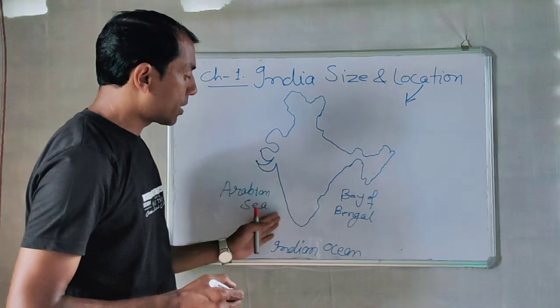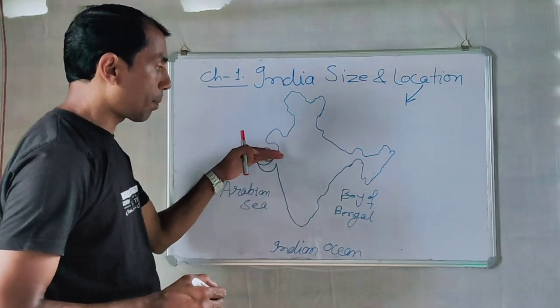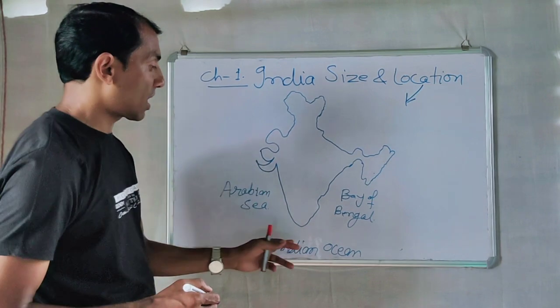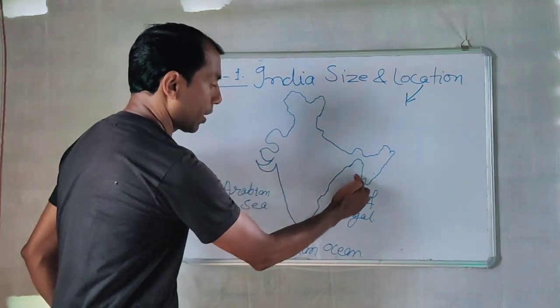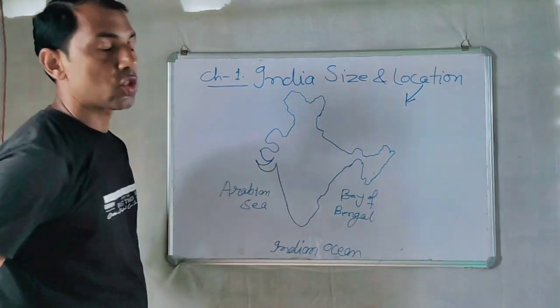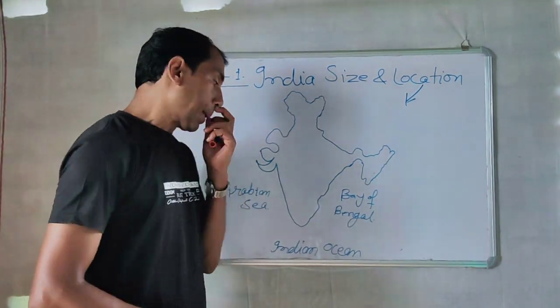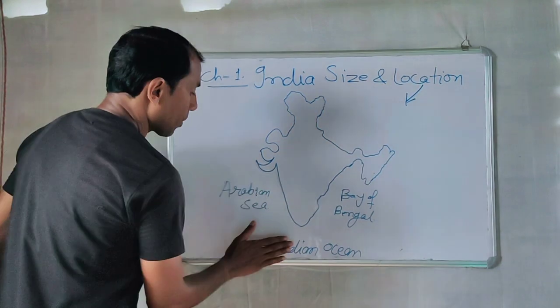So this southern part of India is surrounded by water on three sides, and this portion is called peninsular India. Right? Now we will see the